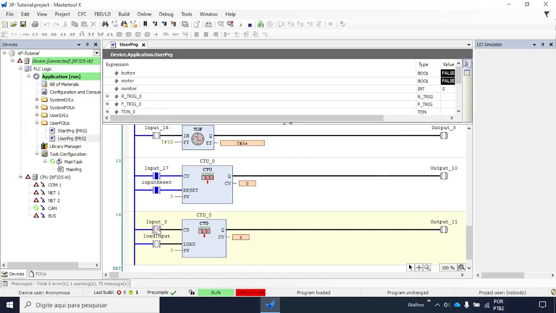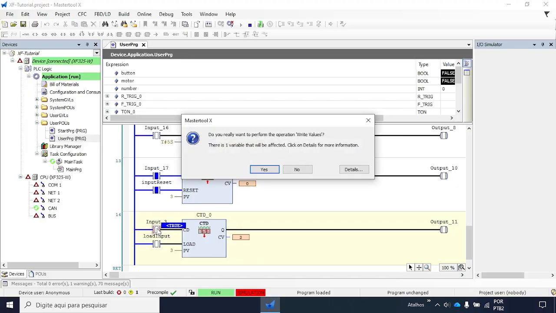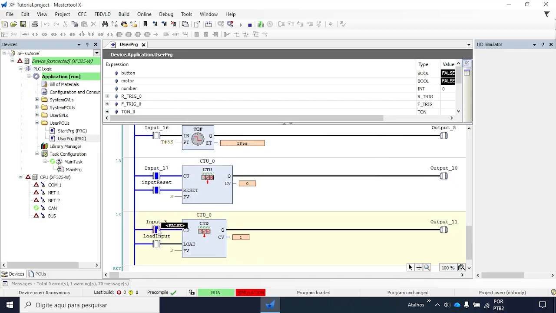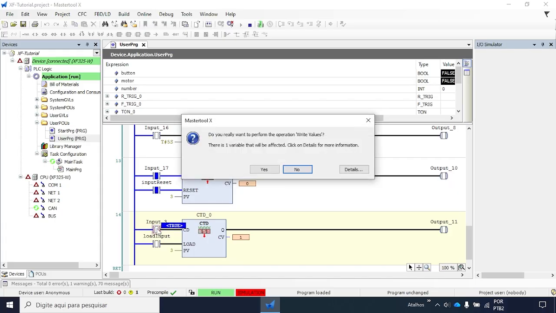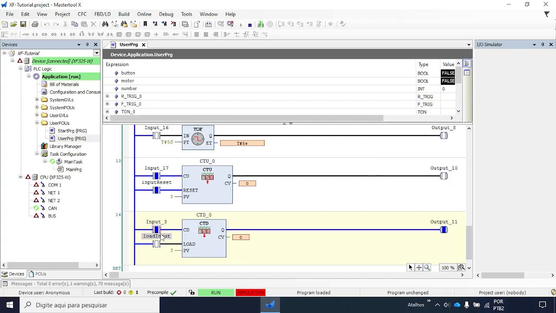It's already decrementing. Let's go to 0. And there we go. The output 11 is enabled and we reached